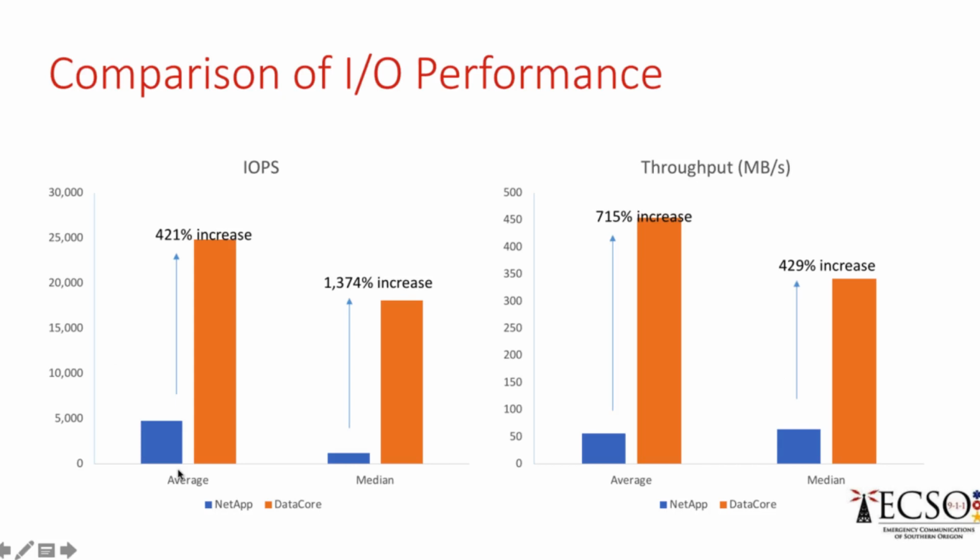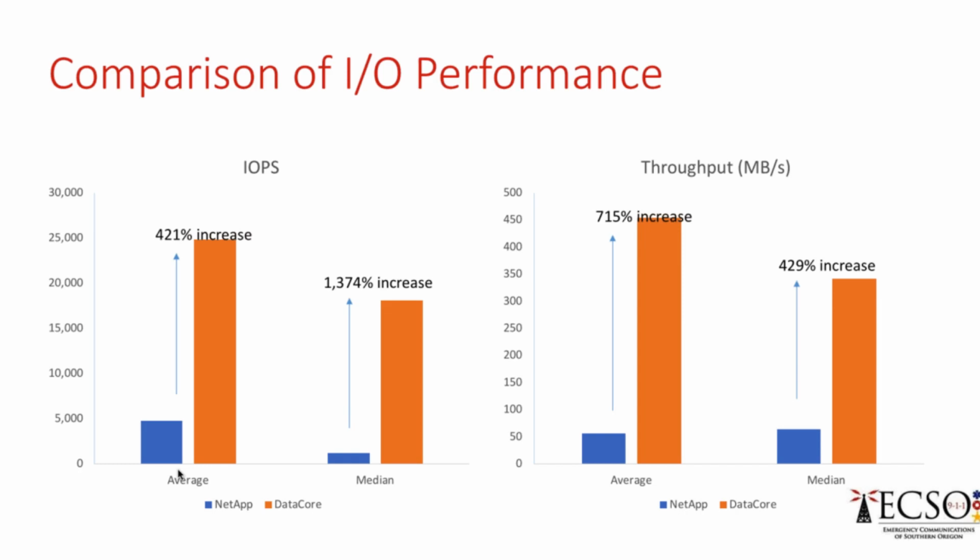So they tested it, and this is what they found, right? They looked at both IOPS and throughput. In terms of IOPS, they saw a 421% increase on average compared to their existing infrastructure. In terms of the median, because again, there were 28 different runs, they saw basically a 13x improvement